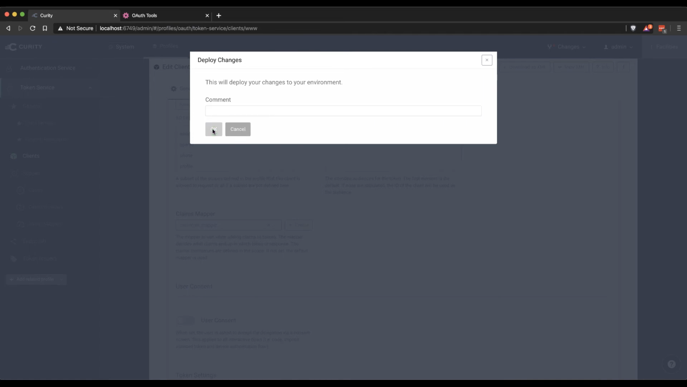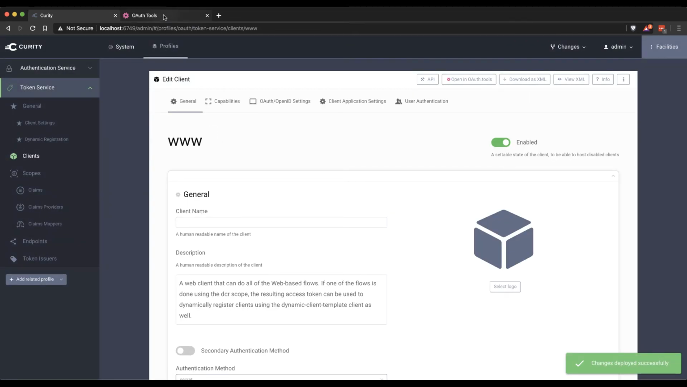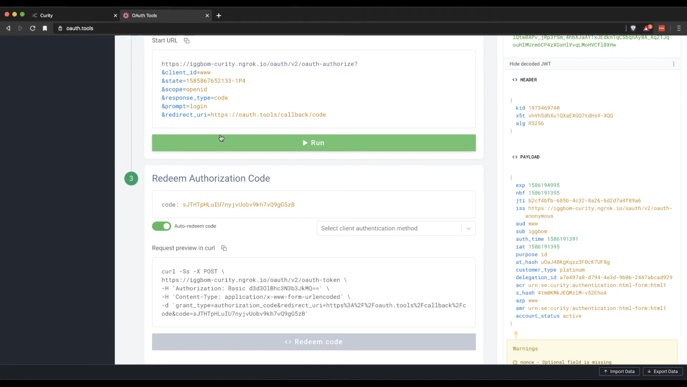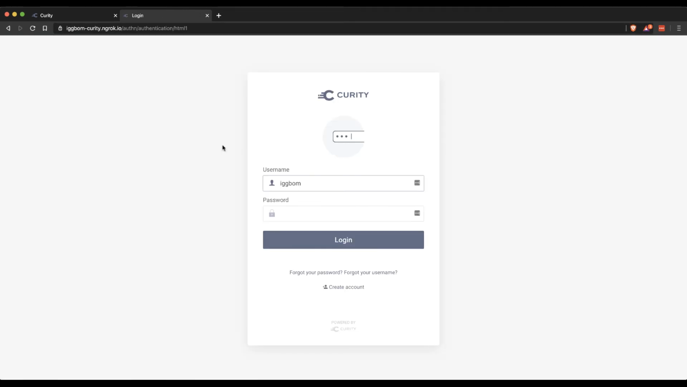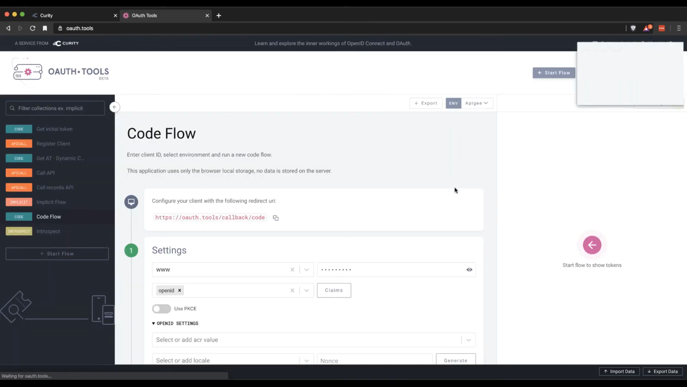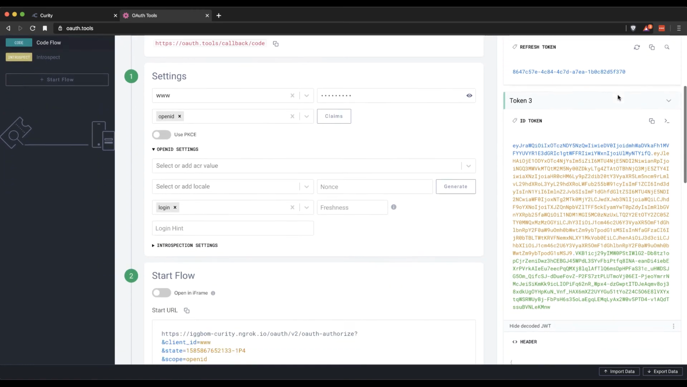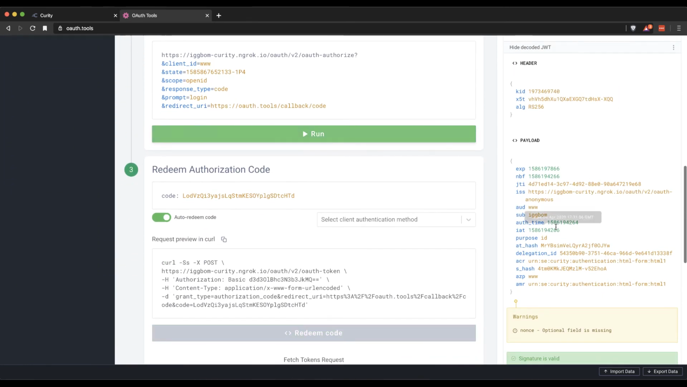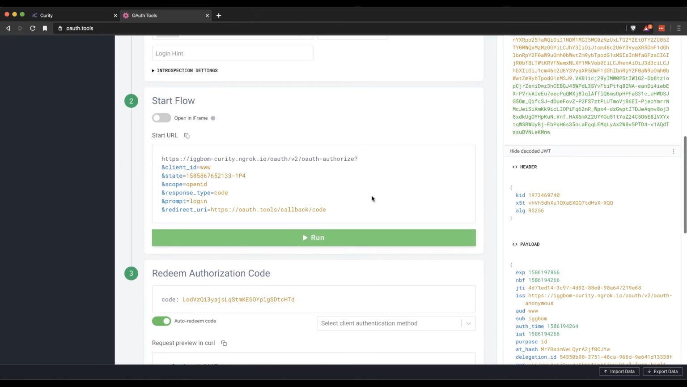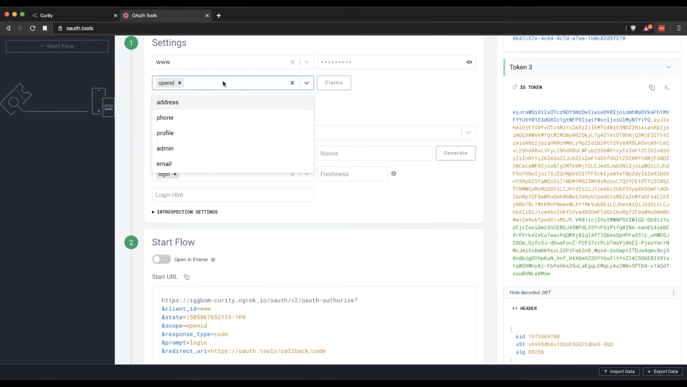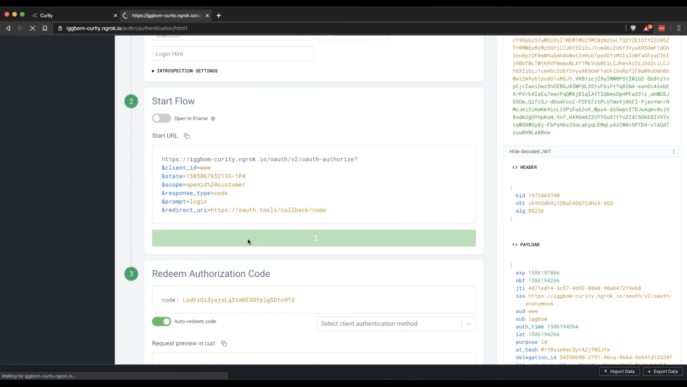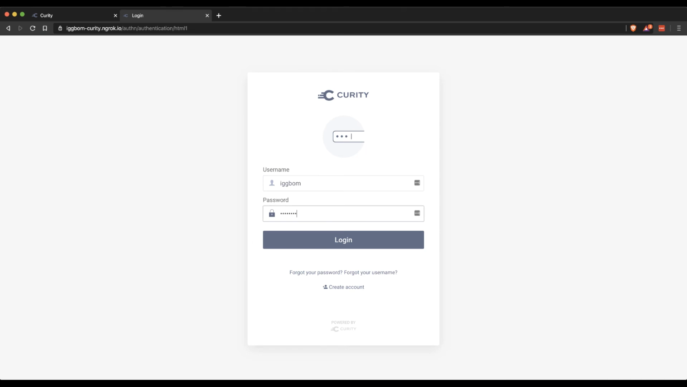Got to commit these changes that we've done, and then we're going to use OAuth tools here to take a look at what happens. So if we start by running a code flow here, authenticate, we can see that none of these are showing up in my ID token. And that's because I haven't requested the customer scope yet. So if we add in the customer scope here and then rerun the code flow, authenticate,